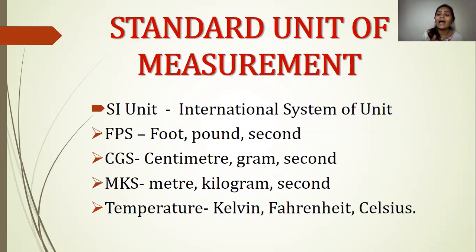Now at times it does happen that we do not prefer kilogram as a unit for a particular measurement of an object. Maybe I need gram at that time. So later on they subdivided the units into the FPS, CGS, and MKS systems. FPS is an abbreviated form of foot, pound, and second. CGS is the abbreviated form of centimeter, gram, and second. And MKS is the abbreviated form of meter, kilogram, and second.